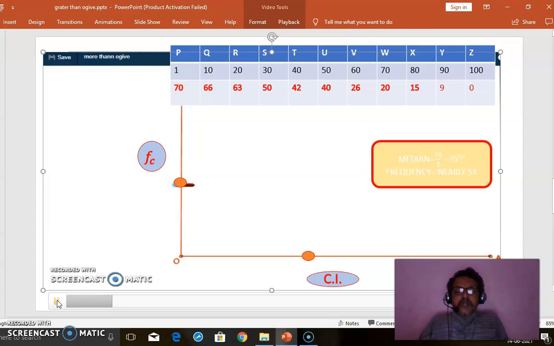Now in the x-axis take the class intervals. Since 0 is there, no need of 1, so next 10. Consider equal distance, 1 centimeter or 2 centimeters. On the graph, consider 1 centimeter as 10 units: 10, 20, 30,